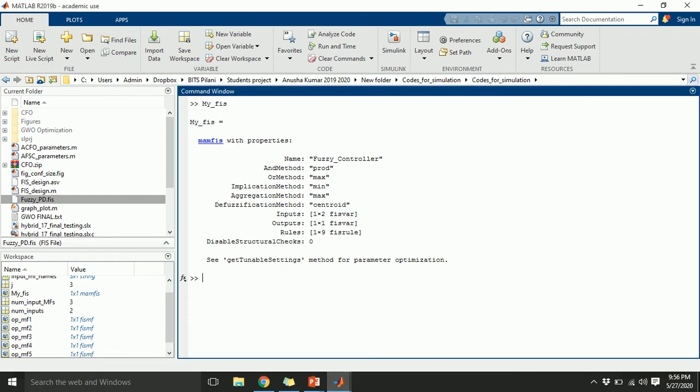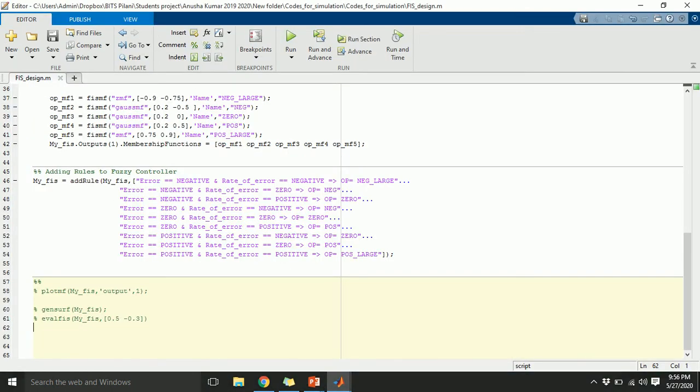I will save this fuzzy inference system, whatever I have created so far, using the command writeFIS, then the name of my fuzzy inference system, my_FIS, and then the file name placed in single quotes. Let me name this fuzzy_PD.